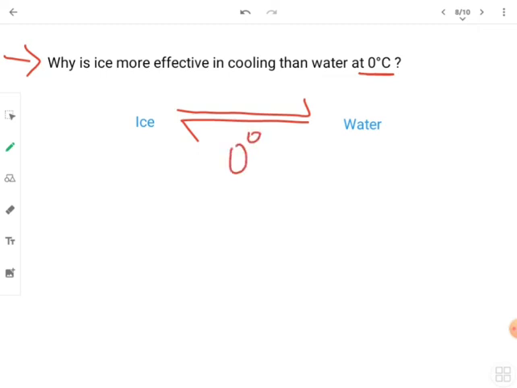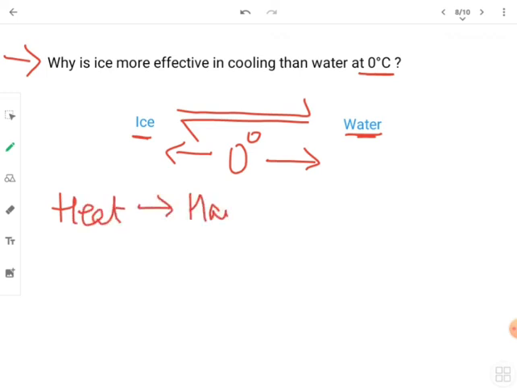If at 0 degrees Celsius we go above, then it is in the form of water only. If we go below, then it is in the form of ice, or that is solid only. Now why is basically ice more effective in cooling? Now what happens is, for example if you apply ice onto your hand, this ice will absorb heat energy from where? From your hand. Now hand can be considered as your surrounding. So when this ice is absorbing energy, where is this energy going? This energy is going up in overcoming the forces of attraction to change from solid to liquid.